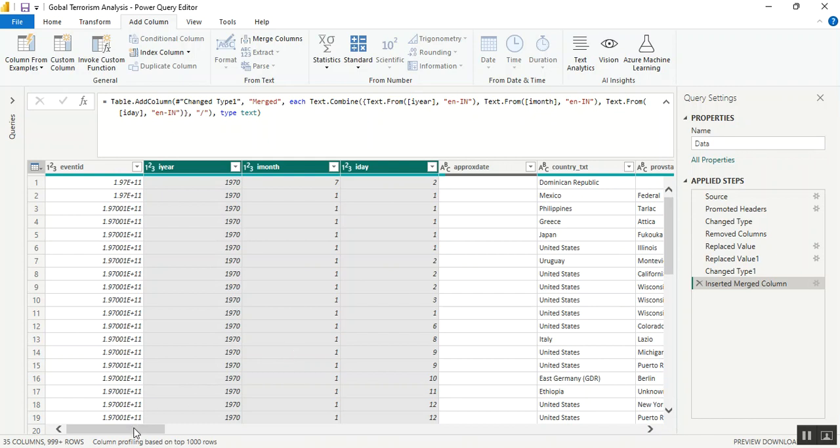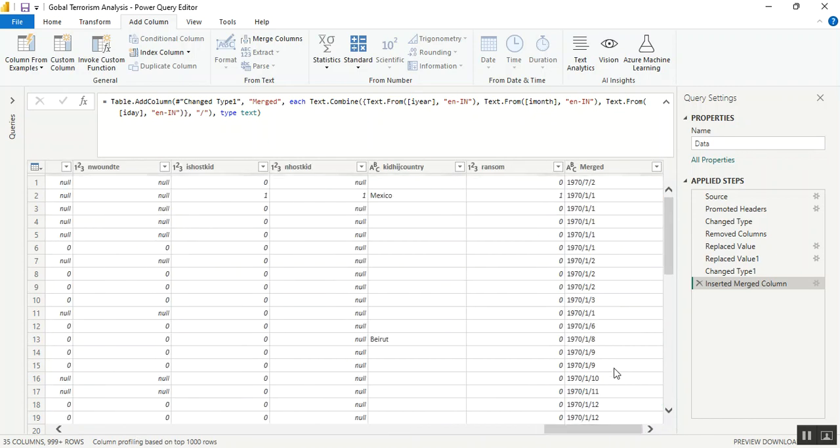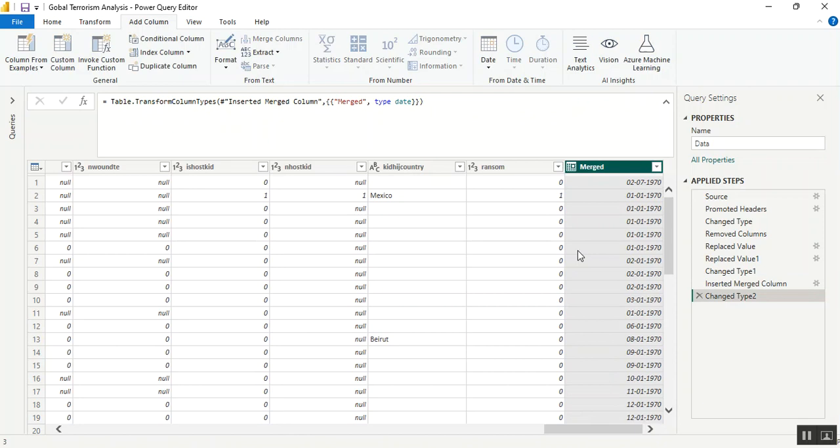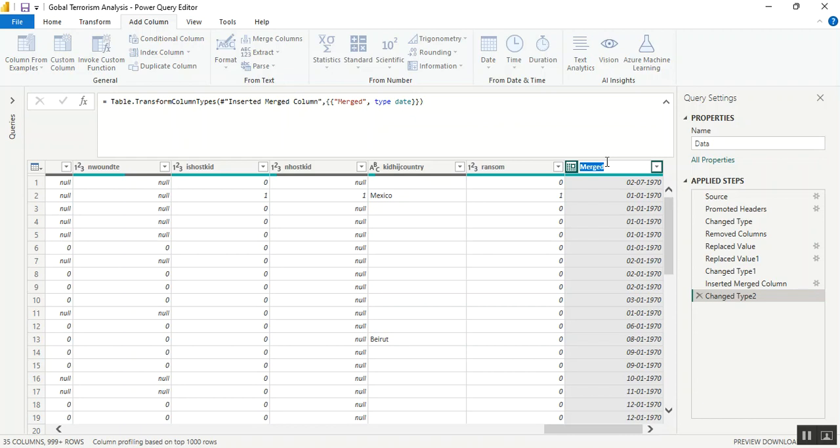Now we have the merged one, it must be at the right side. Here, if we change this to date, do we have 100% right? Perfect. You can see this green bar, it means all the values in this merged column are fine. So we will rename this merged one, we can name it here as date of